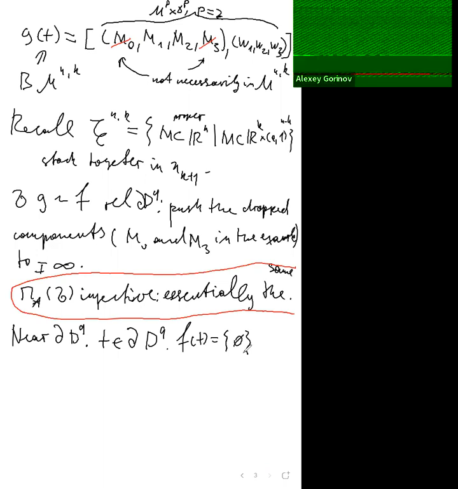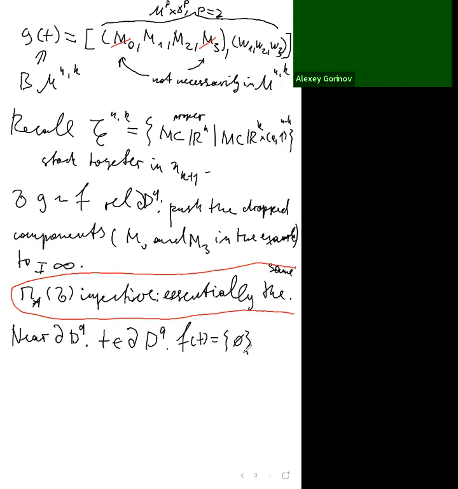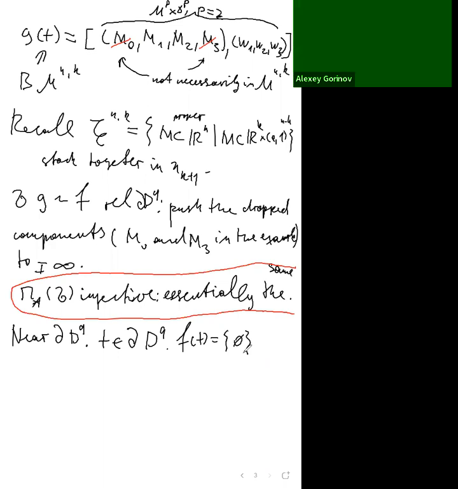Well, f of t will be just the empty set. The empty set is empty, so basically any slice would